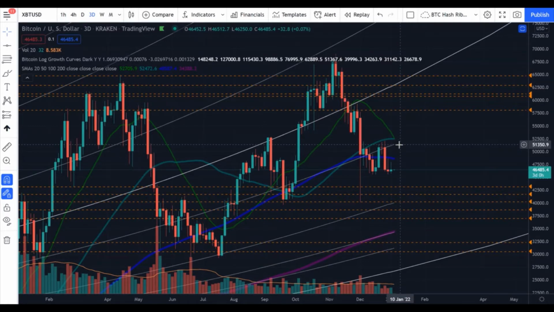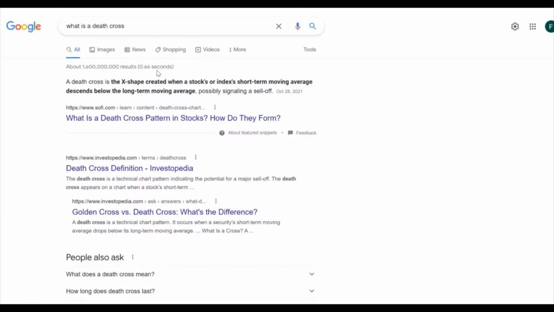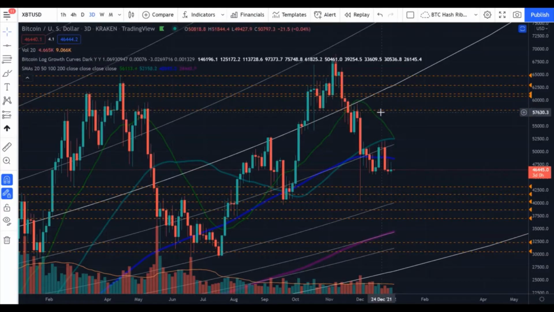If you're not familiar with what a death cross is, it's when Bitcoin's short-term moving average descends below the long-term moving average. And since the 20-day moving average is now just crossing over the 50-day moving average,